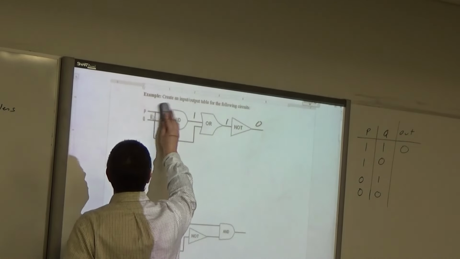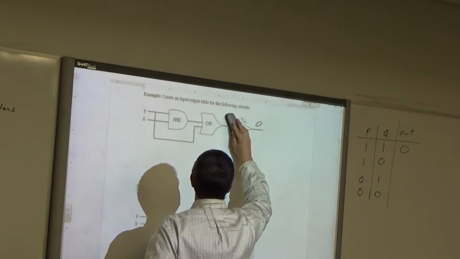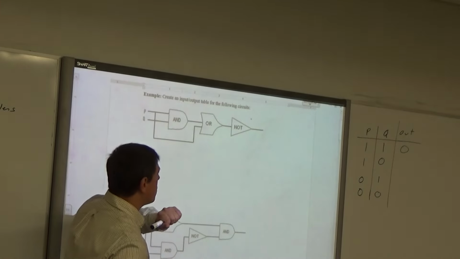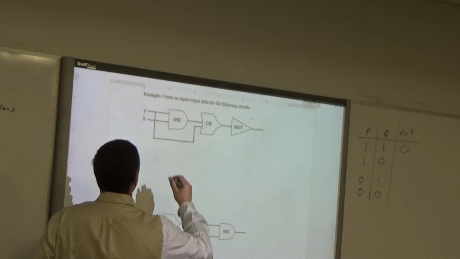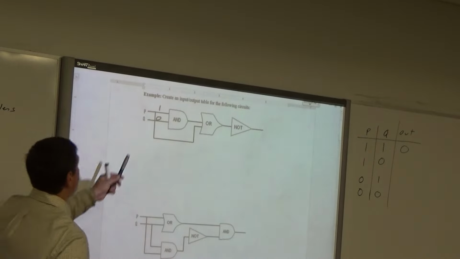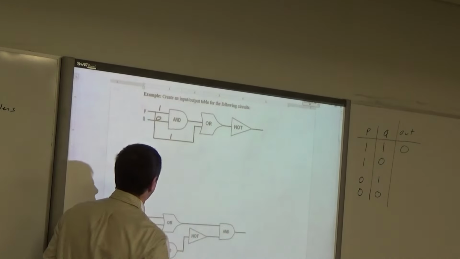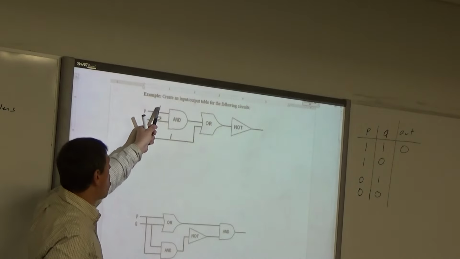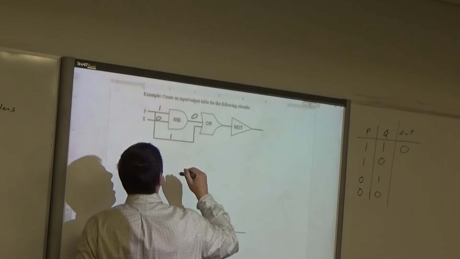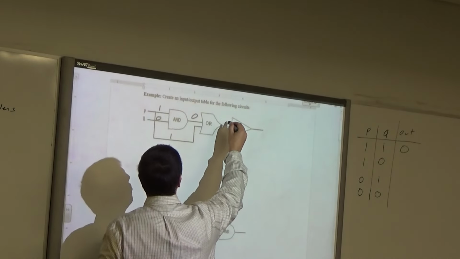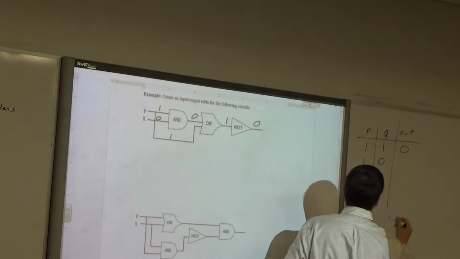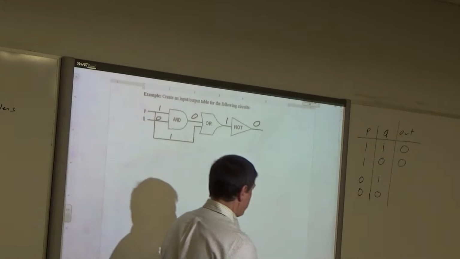Okay, that's all we're doing with this. Now I'm going to erase this stuff, where you can just scratch it out. Now I'm going to throw the second permutation through. I'm going to turn on the P impulse, but turn off the Q impulse. P still traces down, so this is a 1. What happens when you run a 1 and a 0 through an AND? That's a 0, right? If you run 0 or 1 through here, that's a 1, and then a 1 through a not is a 0. So it looks like that, so far, all the impulses